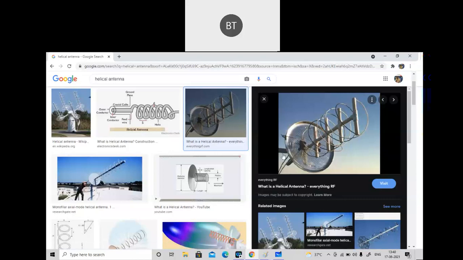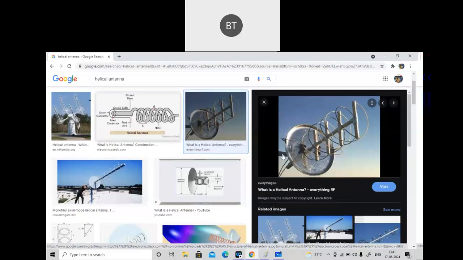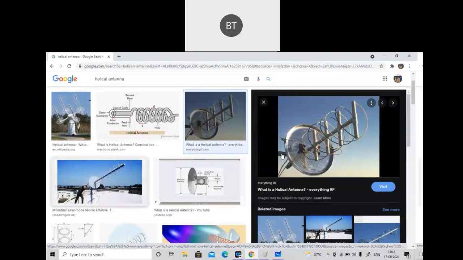So basically, this helical antenna is used for broadband characteristics, and it provides circular polarization. We have read what polarization is and what the types of polarization are. That time also I told you that this definition will come. So basically it is used for the broadband characteristics, and also to provide circular polarization. So you can see in this figure, this helical shape is made, and it is connected with the ground.